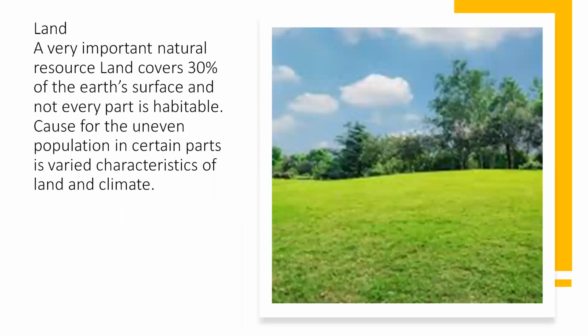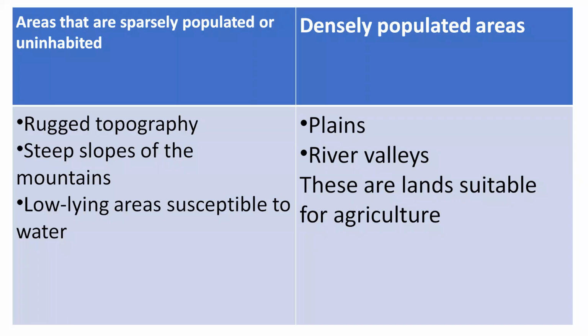First, we are going to talk about the most important resource, that is land. Land is a very important natural resource and it covers 30% of Earth's surface. Not every part is habitable because of the uneven population, owing to the varied characteristics of the land and the climate. This means that some areas of the earth are more populated than others because of climatic and other conditions. Areas that are sparsely populated or uninhabited are of rugged topography, steep slopes of the mountain,